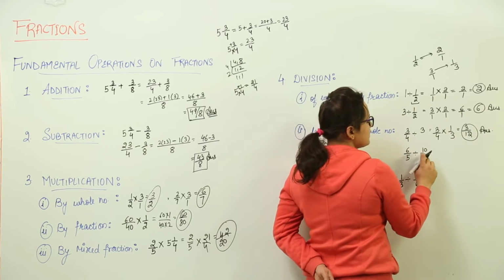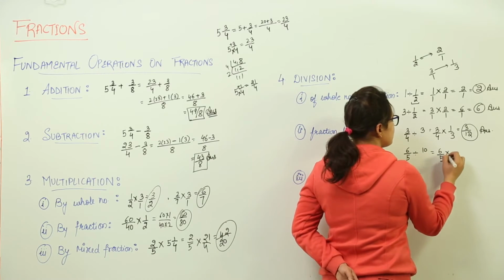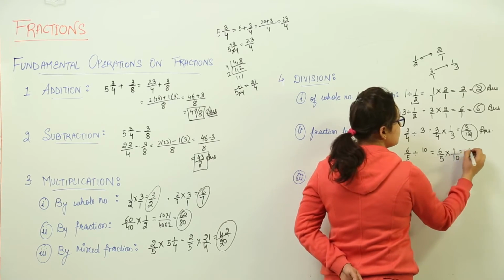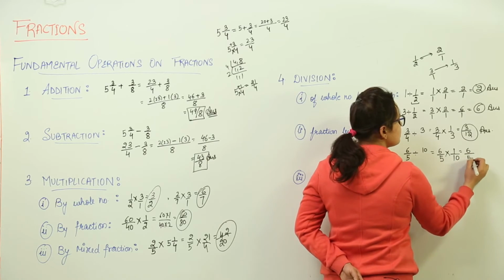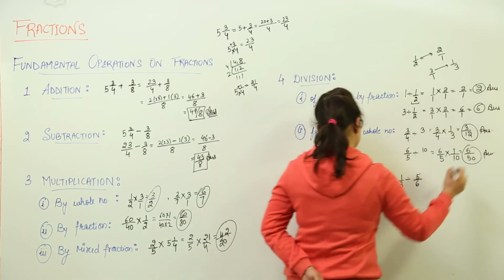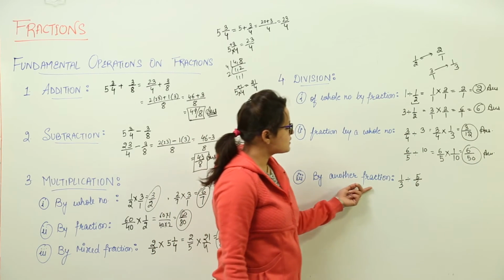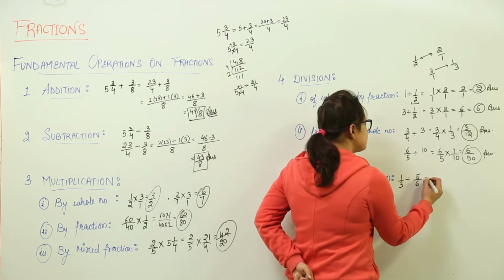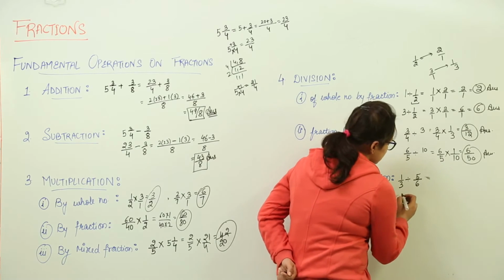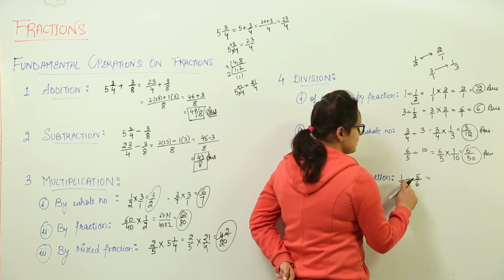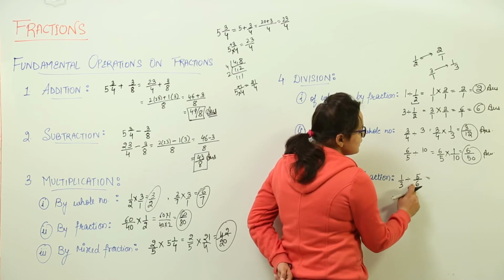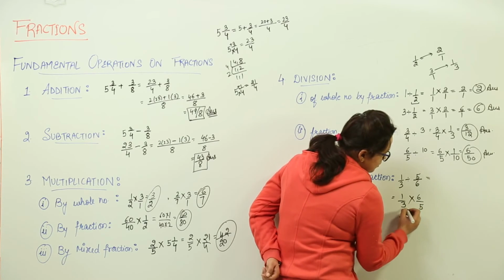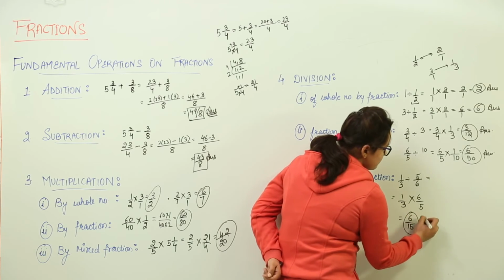Next, 6 by 5 divided with 10. We do 6 by 5 multiplied with the reciprocal 1 upon 10, that is equal to 6 upon 5 tens are 50. Last one is the division of a fraction by another fraction, that is 1 by 3 divided with 5 by 6. Same steps are to be followed, nothing has to be changed. Just your numbers are reciprocating. Division gets converted to multiplication. The next value gets reciprocated, that is 6 by 5, and you get 6 upon 3 5s are 15. 6 by 15 as the answer.